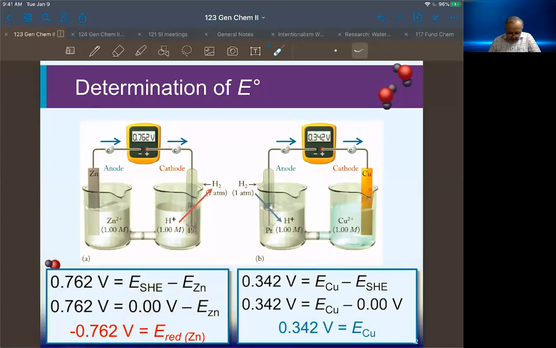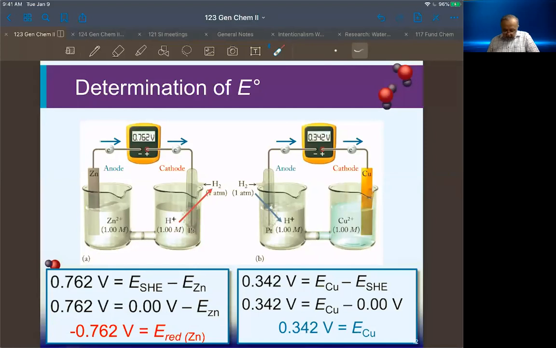And the oxidation is going to be, these electrons that are coming out of here is because zinc metal, neutral zinc atoms, are being transformed into zinc plus 2 ions, therefore shedding 2 electrons, and those 2 electrons actually travel down the wire. And the voltage is 0.76, that's the voltage for the cell. So the voltage for the cell is the reduction minus the oxidation of the zinc. And therefore you look at this equation, then we can calculate or find out what the reduction potential for the zinc is. And that comes to be minus